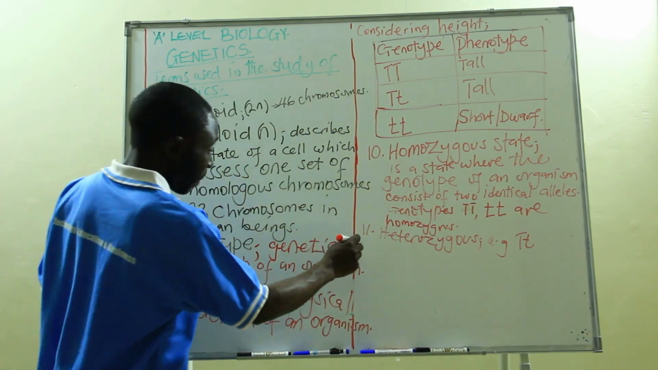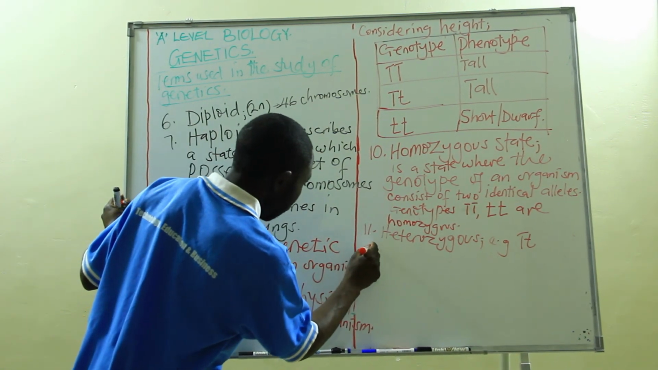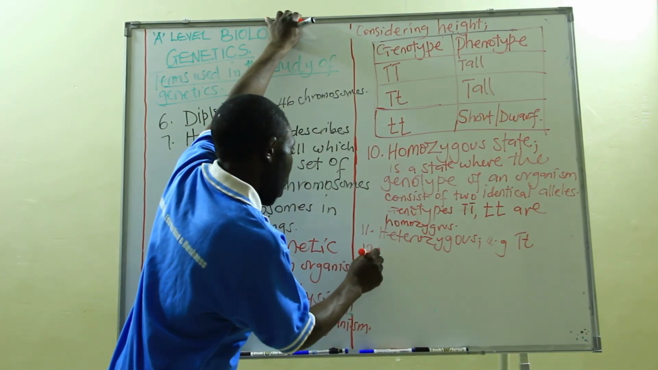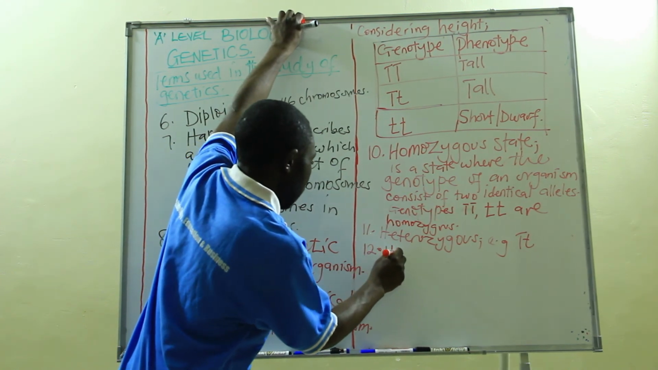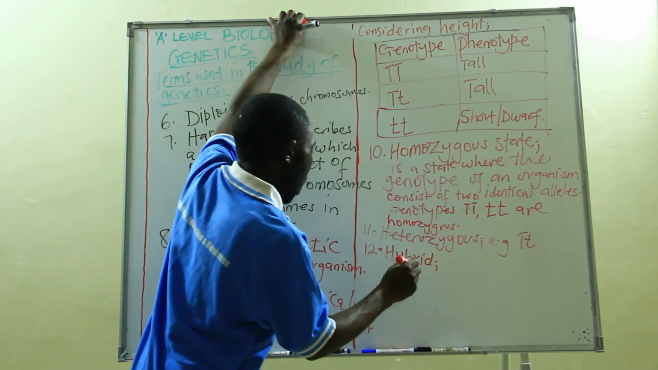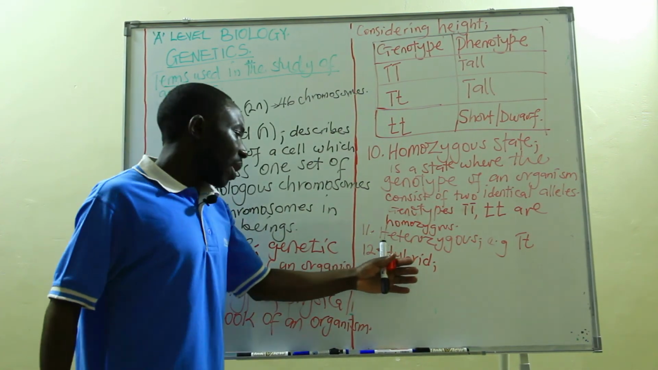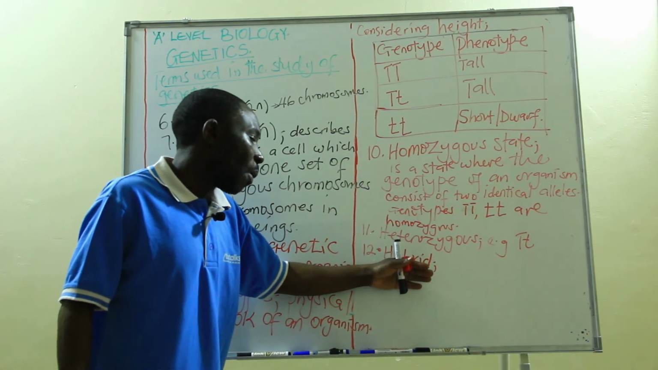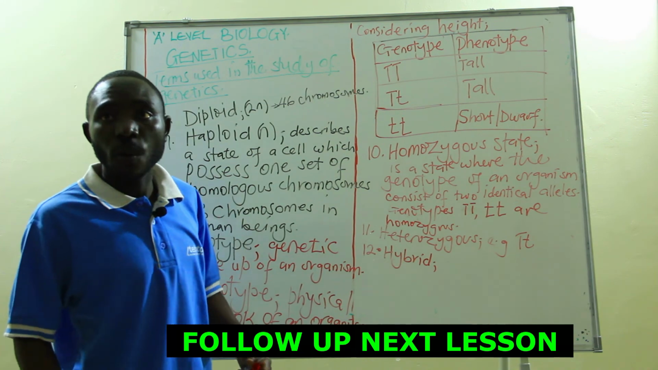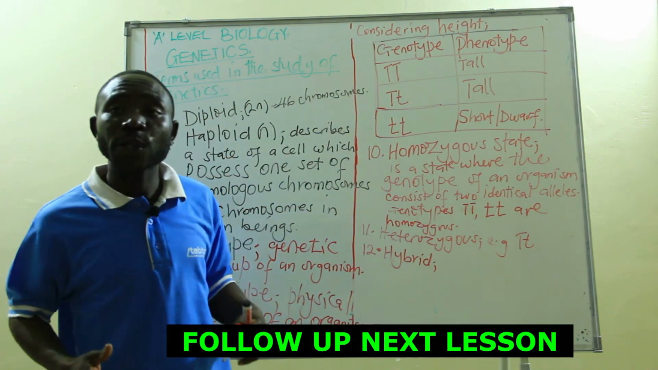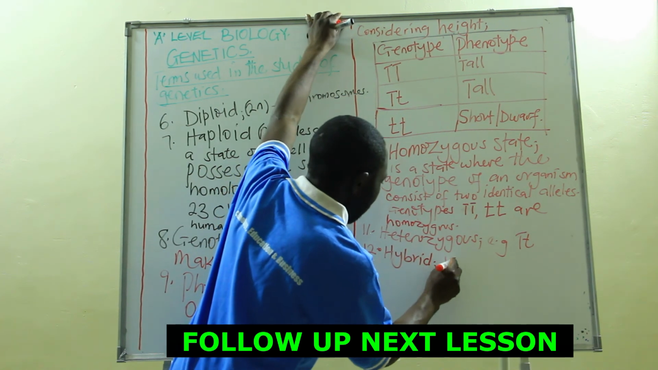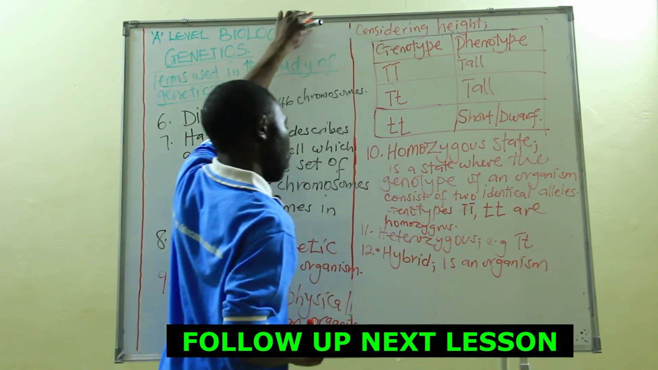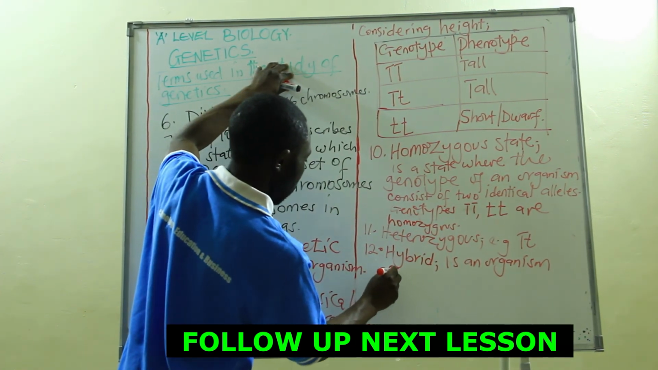Another terminology here, that is number 12, is hybrid. A hybrid is an individual or an organism resulting from mating or reproduction of two parental stocks. Is an organism resulting